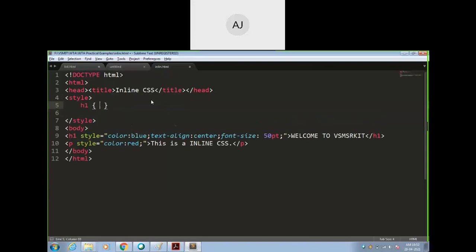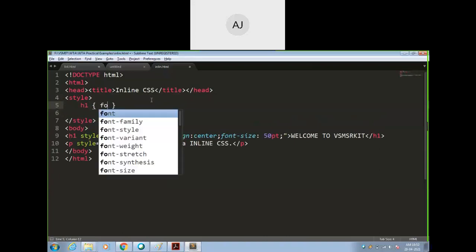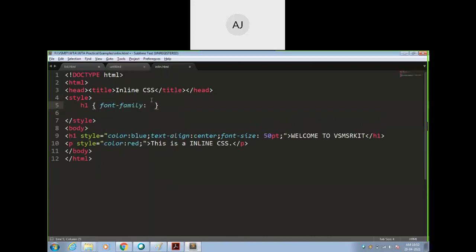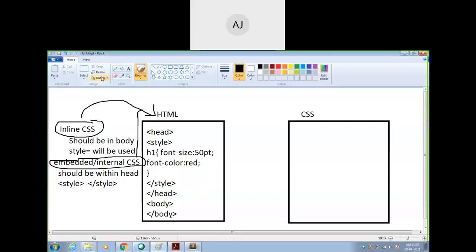Okay. So what is that? Font family. So by default it is something. I will make it as Times New Roman. No. I can give something else, tell me any font name. Some font names.